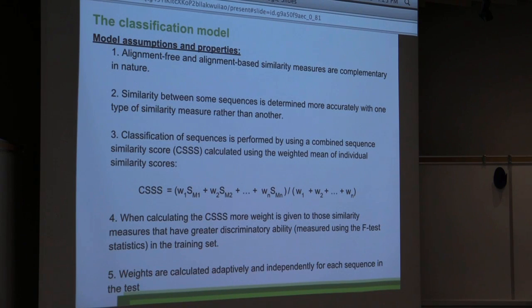So weights in this case are calculated adaptively and independently for each sequence in the test set. This is quite different from the existing models, since most of these models use weights that are, say, either constant, or there's no weight because they're actually not combining anything.